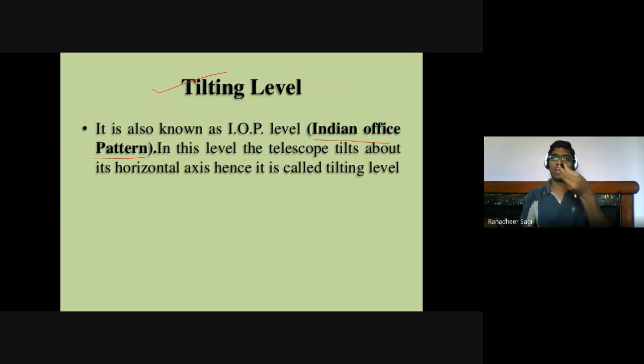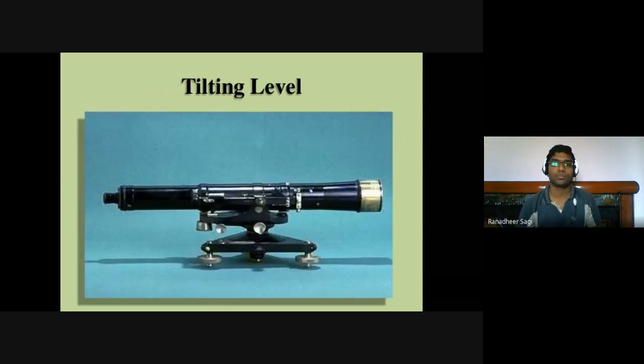Your telescope is not firmly fixed to the base of that level instrument. Rather, in this case, the position of the telescope can be rotated about the horizontal axis. Such a level instrument is called your tilting level. This is how a typical tilting level looks, where, if you look at the dumpy level, you don't see this much gap for free rotation of the telescope, since there you had a firm rigid fixity of your telescope with the base.